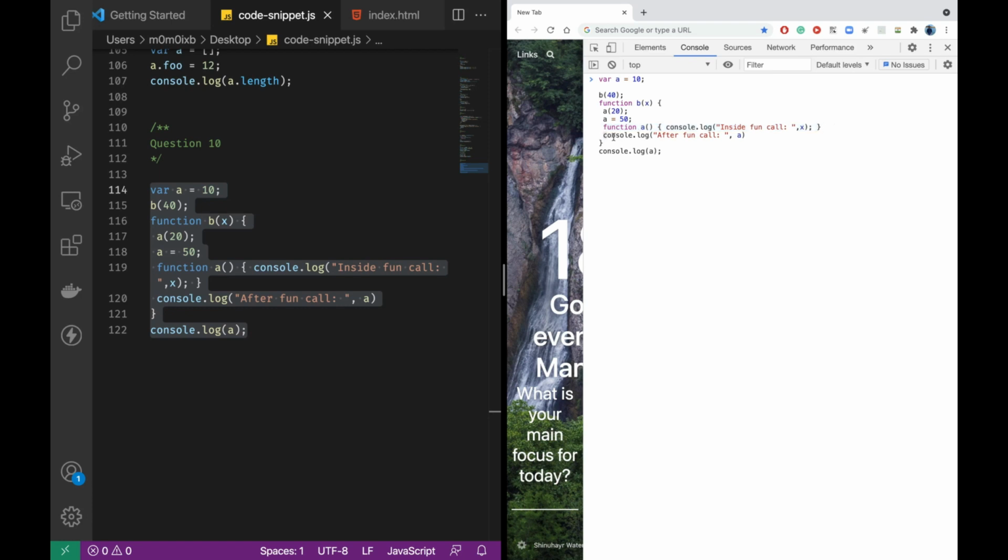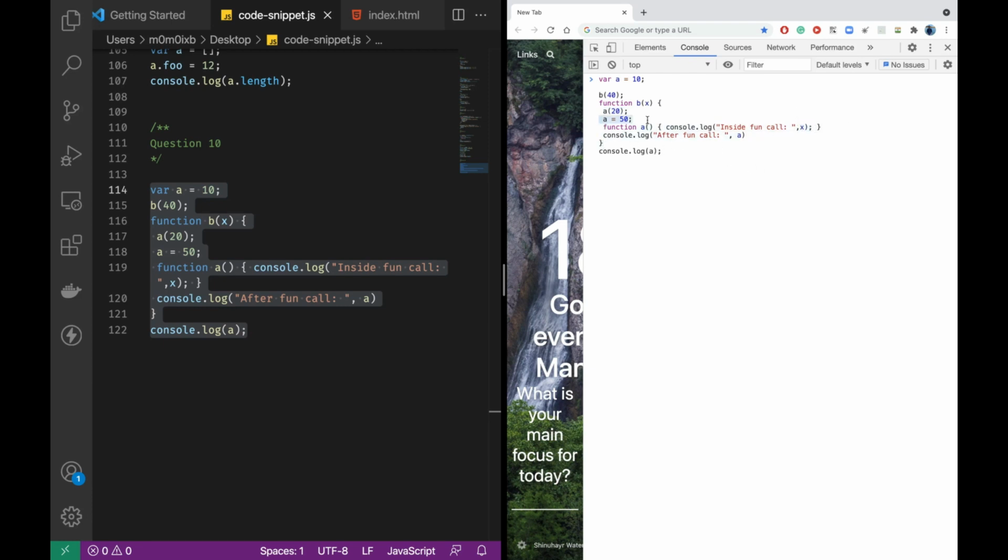Now we have a console statement. Just after this it will try to run console.log of A, but there is a gotcha here. When we have come inside this function, while reading, A has got hoisted. Now A is on the top, and then we are immediately calling it. So now the execution is happening, and I have already explained that it will be printing 40.